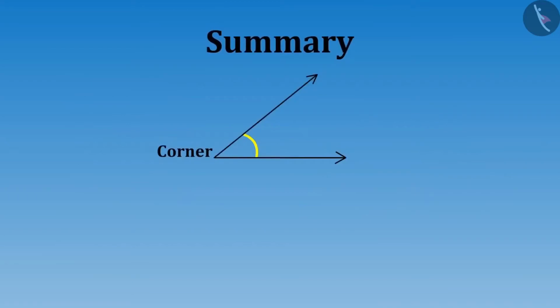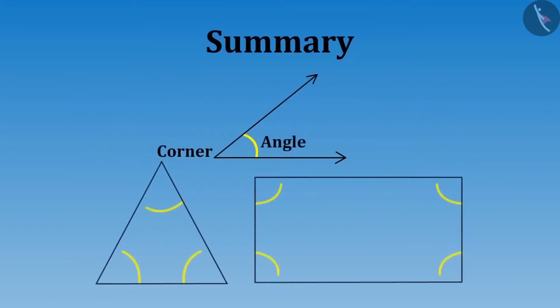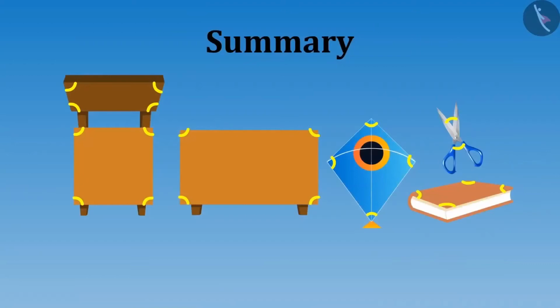In this video, we have learned about corners, angles formed in them and the angles formed in closed figures. Did you observe that the angles in figures identified by Meena and Riva are closed figures, just like this triangle and rectangle? Do you know what are closed figures? Are angles formed only in closed figures and not in open figures? What do you think about this?